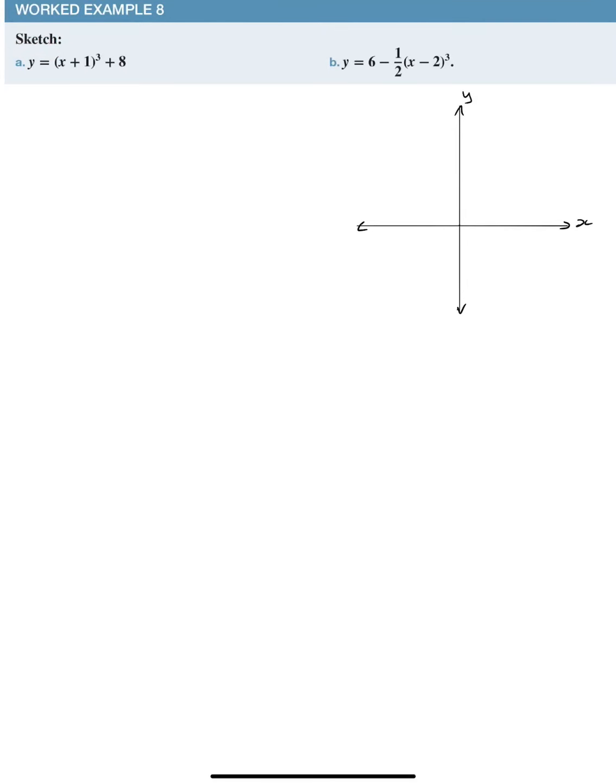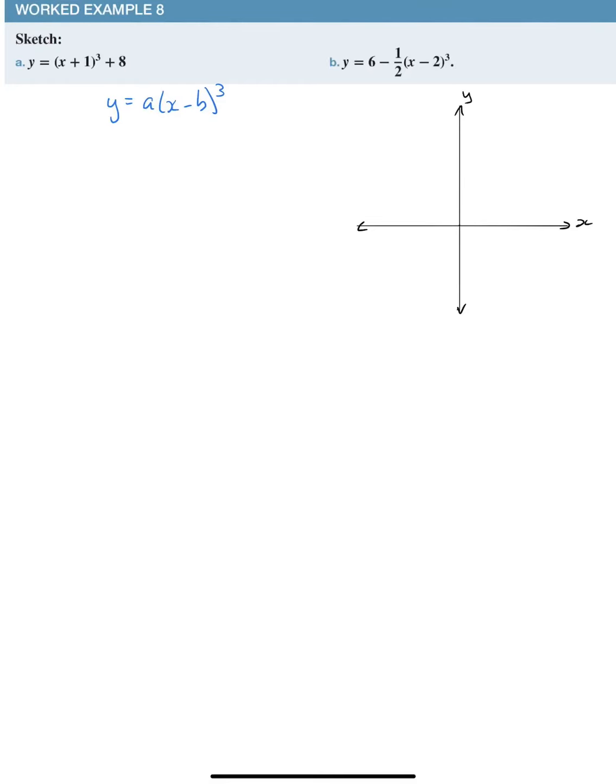Sketch y equals (x plus 1) cubed plus 8. The first thing we need to realize is that because this is x cubed, I have a cubic function. What that means is I need to remember that I have it in the form y equals a(x minus b) cubed